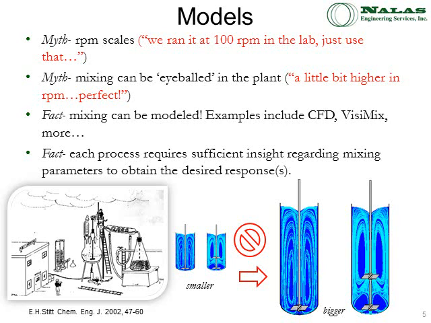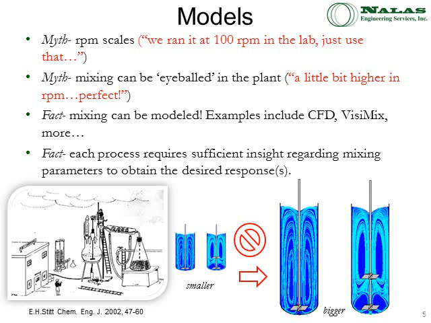And just quickly, I want to dispel some of the myths. One is that RPMs scale. RPMs do not scale. RPMs are a factor that contribute to the degree of mixing that you will see in both the laboratory and the plant. Another myth is mixing can be eyeballed in the plant. And I've seen this quite frequently where somebody might look into the tank and say, it looks pretty good, it looks pretty well mixed. But the fact is that mixing can be modeled, and the degree of mixing